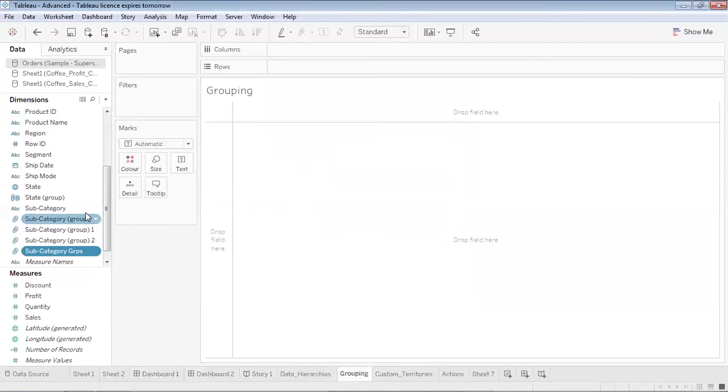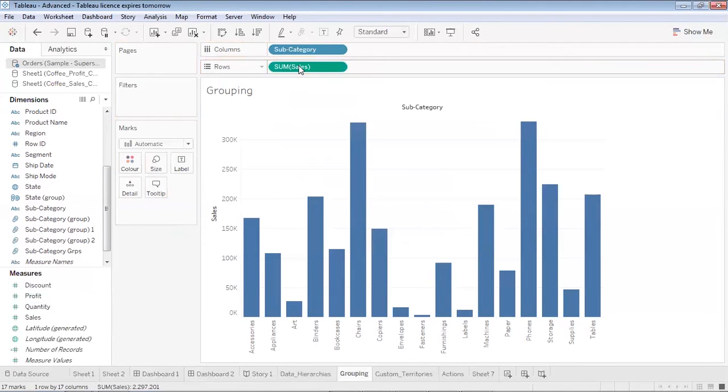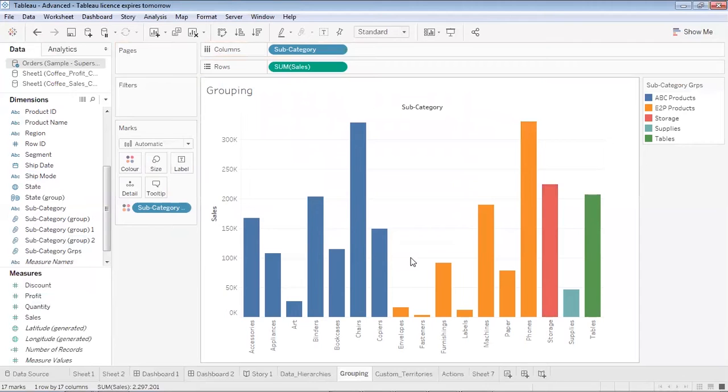Now what you will see is, when I plot a subcategory with, say, sales over here, and I would like to color them, I can simply place subcategory groups on the colors. So you will see that the colors of these subcategories will change automatically based on the group in which they have been assigned.